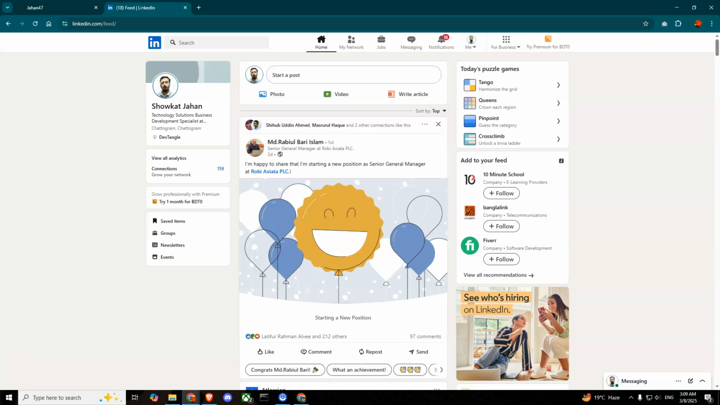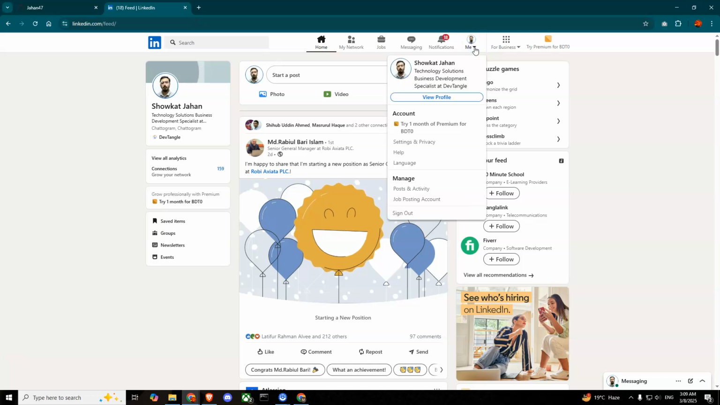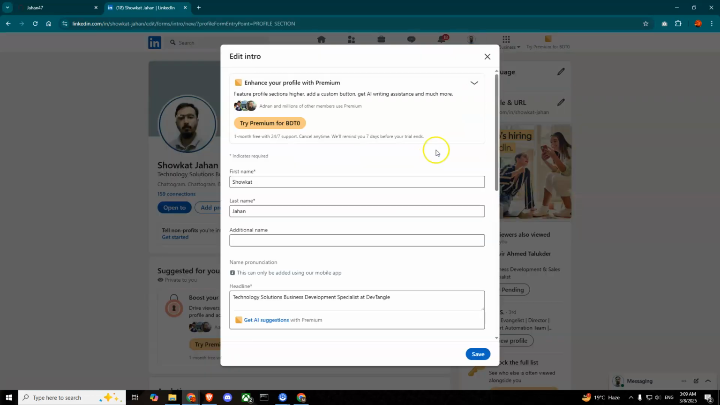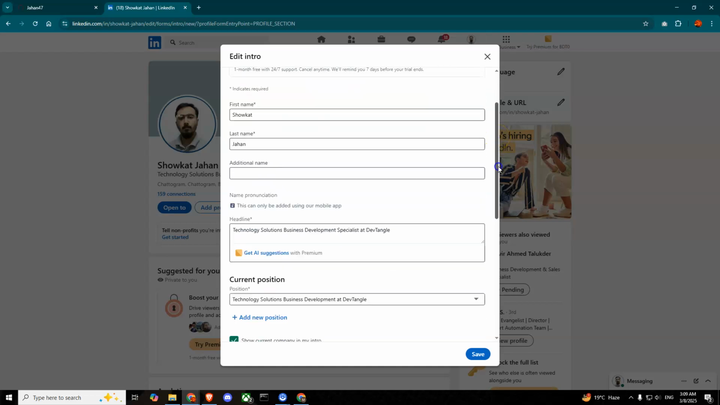Then we'll go to LinkedIn, and this is the home page. We'll have to press on our profile icon, as you can see here, me. So it will open a drop down and we'll have to press on view profile. So after that we'll have to press this edit button, which is the pencil icon. Press here. After that what we'll have to do is in this edit intro tab, we'll have to scroll down,